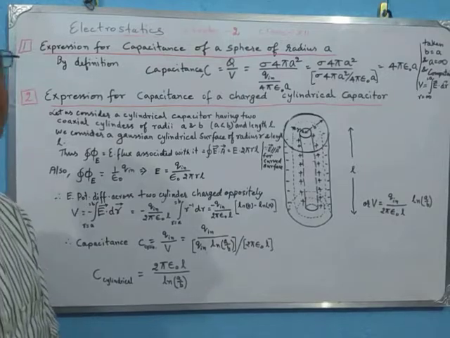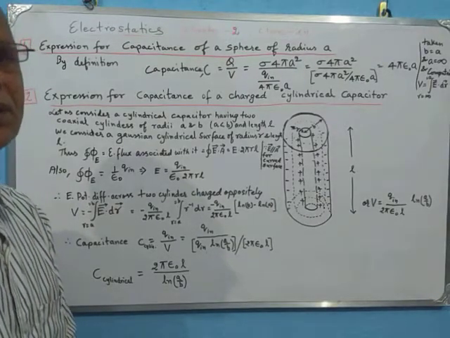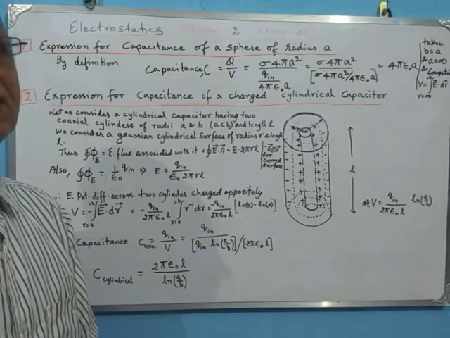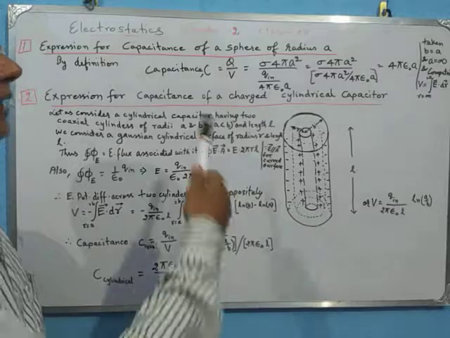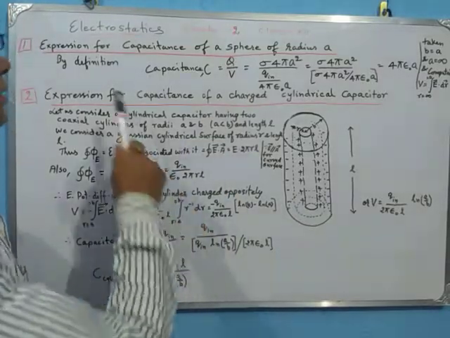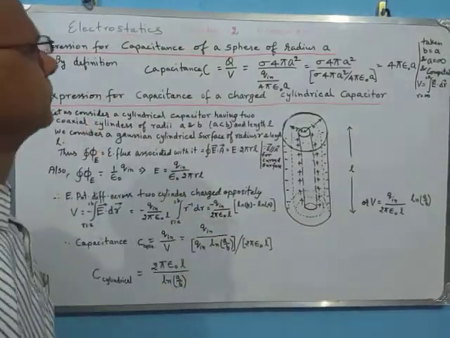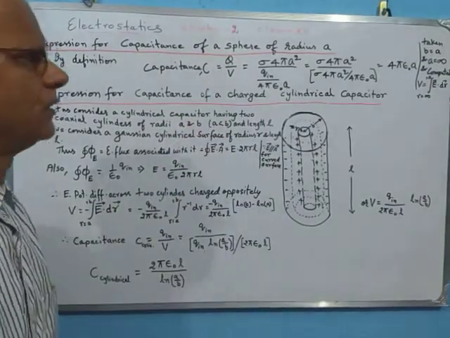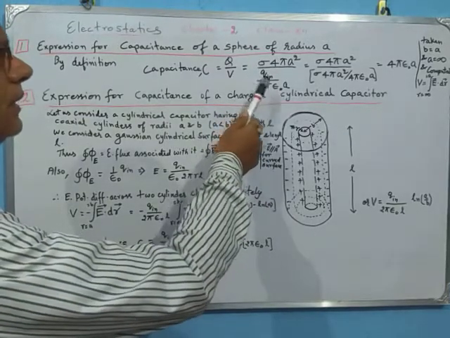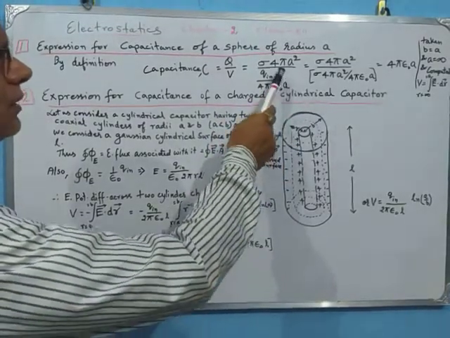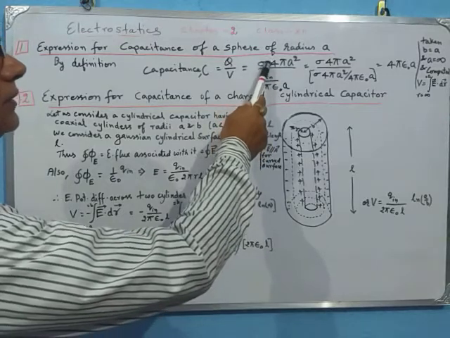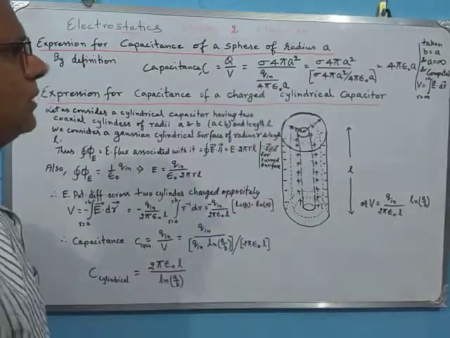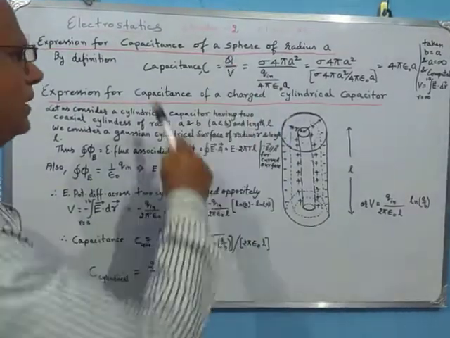First of all, let us see. We have already discussed the expression for two concentric spherical surfaces charged oppositely, and in that case we found the capacitance. Now we are applying the same method. Capacitance is defined as charge per unit volt, and we have earlier derived the total charge. If the surface charge density is sigma, then that multiplied by the total surface will give us the total charge on the surface.